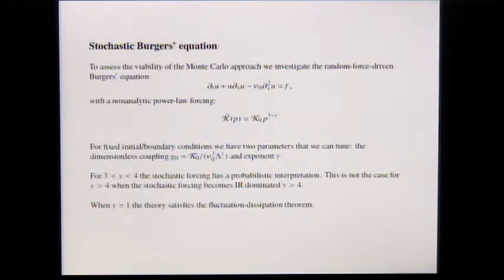So to check the viability of this method and to see how it works in practice, we use a very simple model which has been used in various contexts. It's the stochastic Burgers equation in 1 + 1 dimension, and it's driven by a stochastic forcing, which we assume to be non-analytic, power law correlated. In this particular form, the exponent y is a free parameter in our simulation, so we will set it to different values. Thereby, we will see that this problem we just talked about is going to be more or less severe, and of course will lead to very different physical effects.